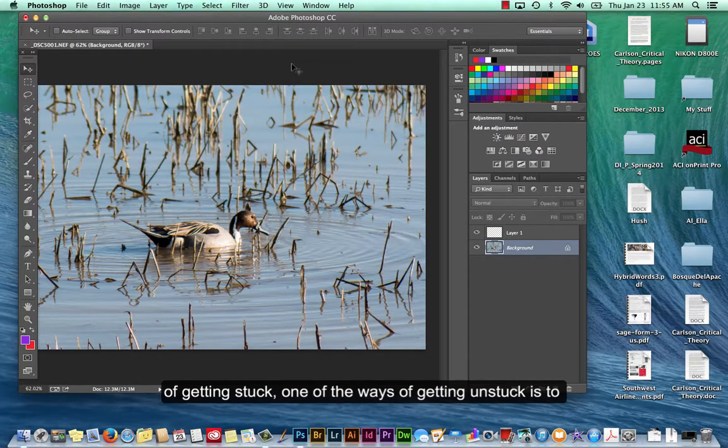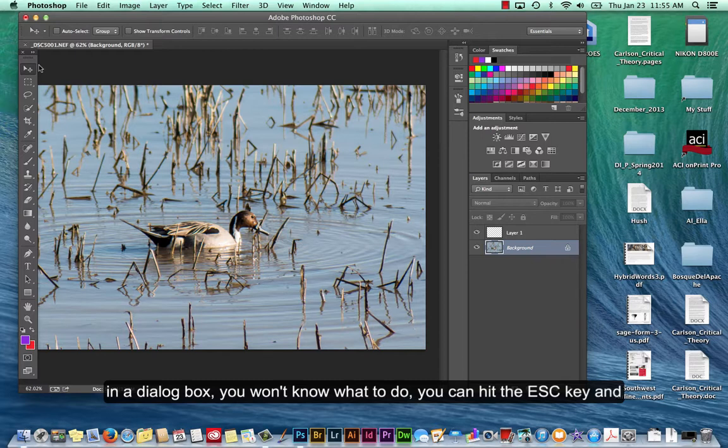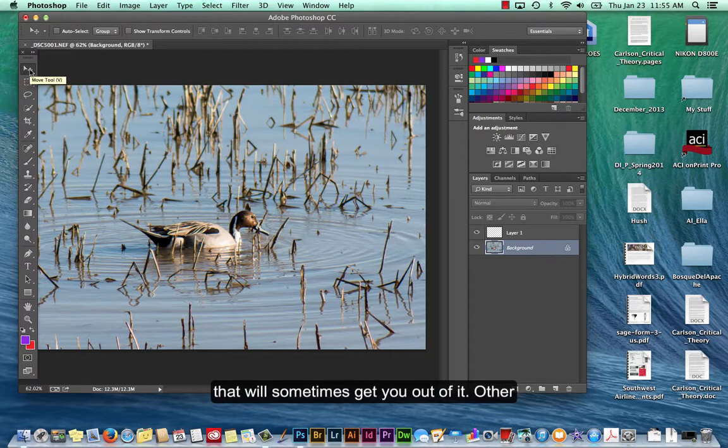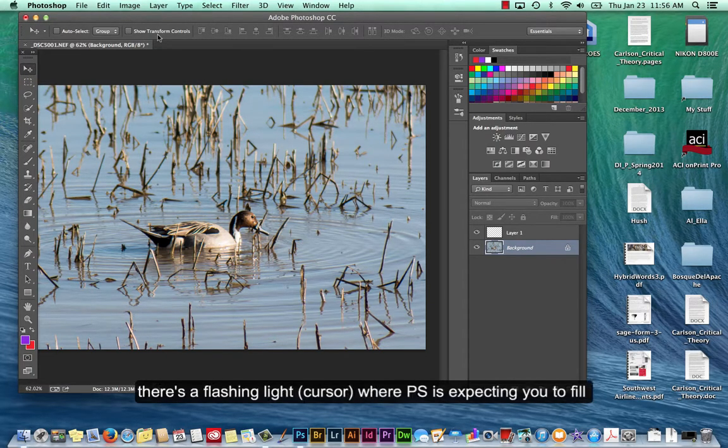Speaking of getting stuck, one of the ways to get unstuck is to hit the Escape key. Sometimes you'll be stuck in a dialog box and you don't know what to do. You can hit the Escape key. That may get you out of it. Another thing is to go to the Move tool. That will sometimes get you out of it if you're stuck. Other than that, you have to look up in your options bar and see if there's a flashing light